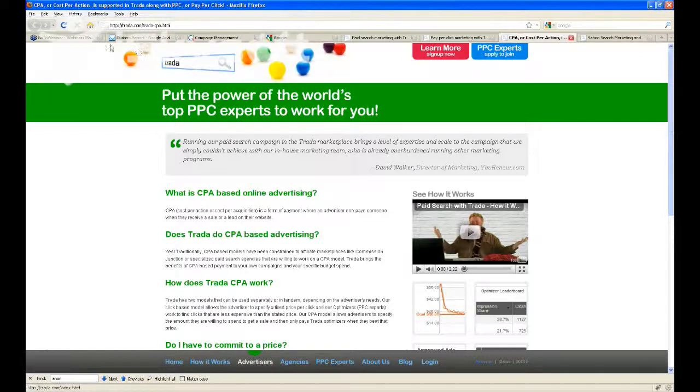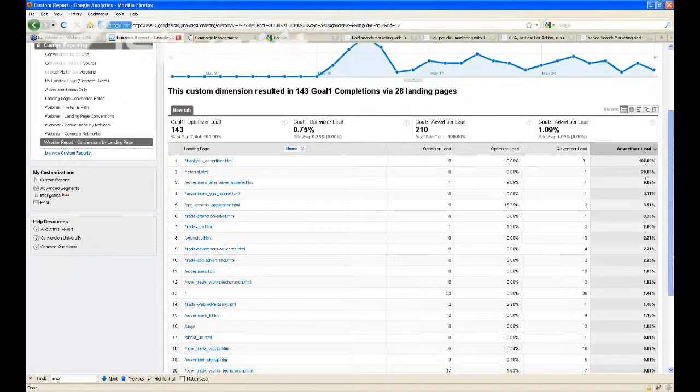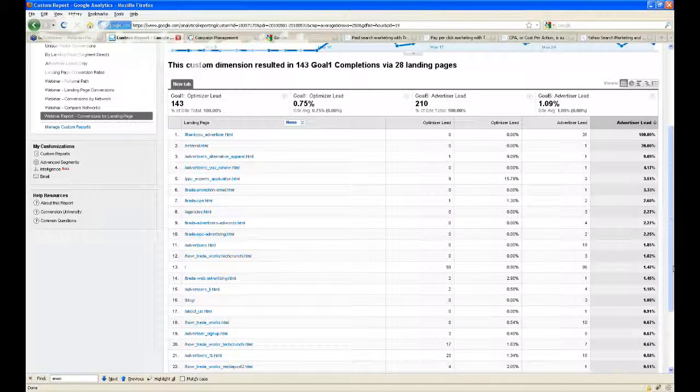So that's a very simple example of how you can figure out which of your landing pages is actually working the best. And then, of course, the question is begged, well, that's great, but you're looking at a landing page that you've already created. How did you know to make that landing page? Well, this is also a very simple thing that you can figure out by using both Google Analytics and Google AdWords. I'm going to show you two different looks at the same kind of information so that you understand that you've actually got to cross-reference these two to make the right decision.